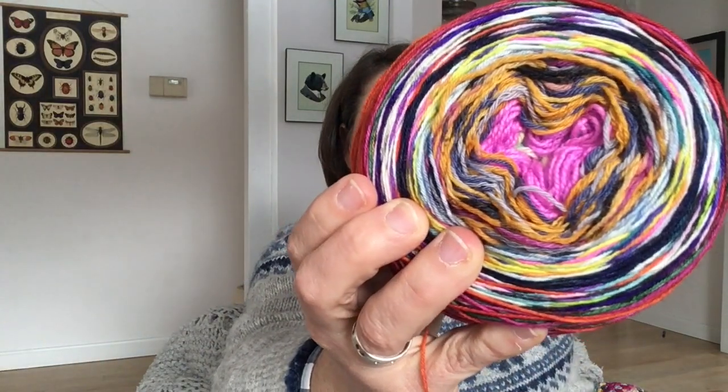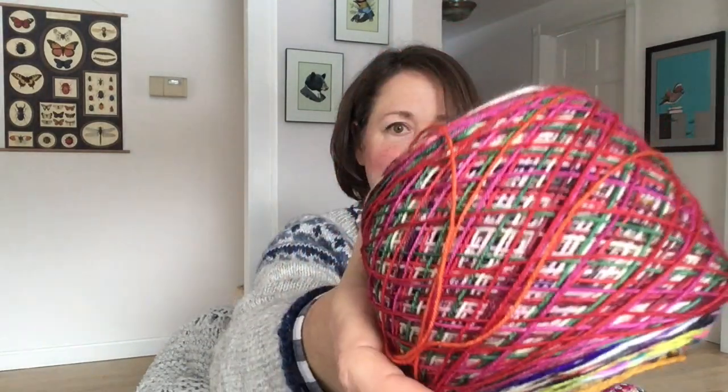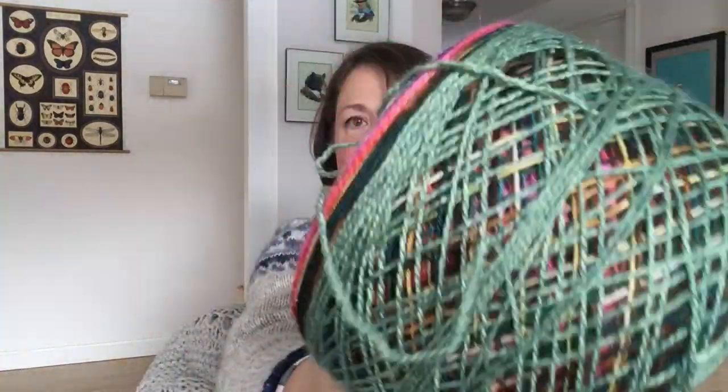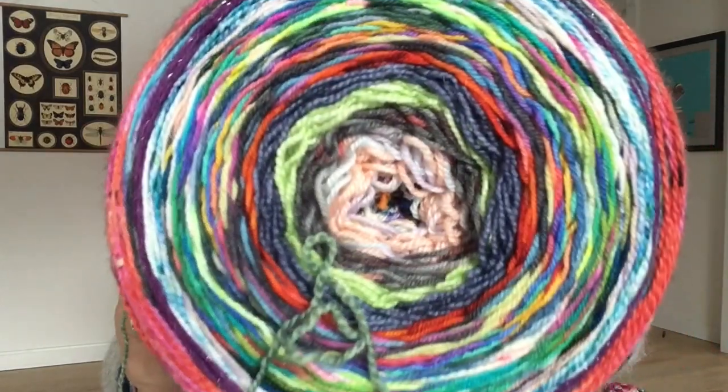The big news about it is I finished my magic knot ball that I showed last time, that one that covered my head, and I made 2 more. Let's see. So here's this one, and then here's the second one. I haven't watched it yet, but I saw that Very Pink Knits just released a tutorial on how to make a magic knot. So if you're interested or curious about how to put these together,